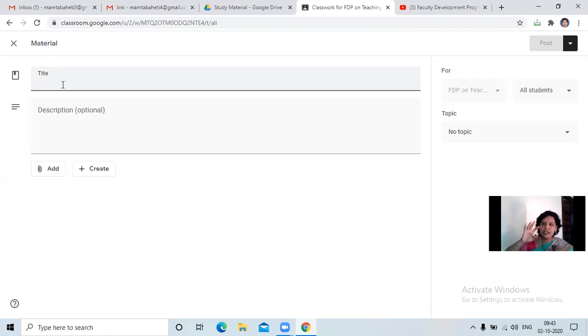Suppose I have posted material that has to be scheduled 5 days later, and the students are attempting either that particular material or the test. Automatically the data will be stored on my side. Whenever I get time, I can access it and get the things done. My physical login at that particular time is not needed. Like yesterday, when I posted the material directly, I need not check whether you have received it or not. I need not log in again and again. The things are done from the Google platform itself.